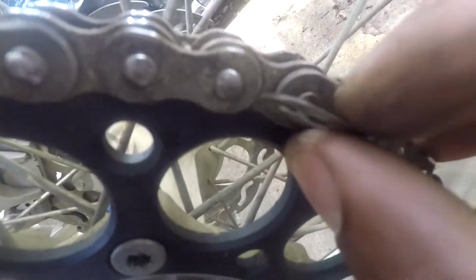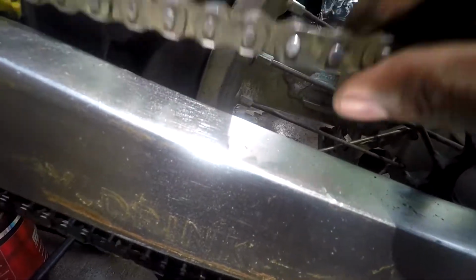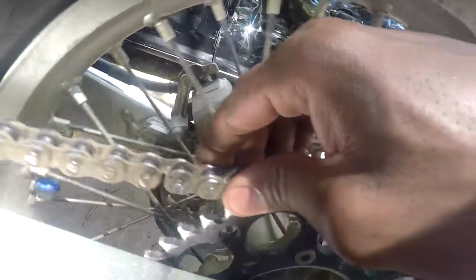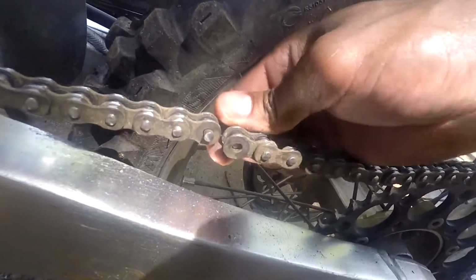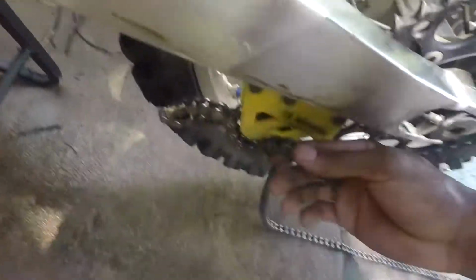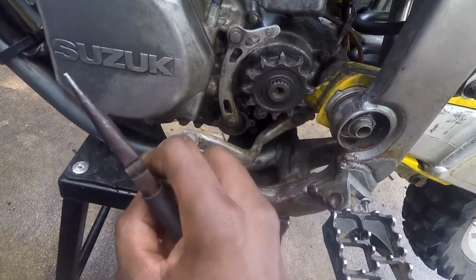Alright, now that that's off, going to just pull this. Oh, we're gonna be difficult today, huh? Alright, so got that off. That's the clip. Then after that, it's pretty much just go ahead and get that off. Got that. And the chain comes right off. Chain off. Next, you could remove the shifter lever and also the kickstart lever and the brake